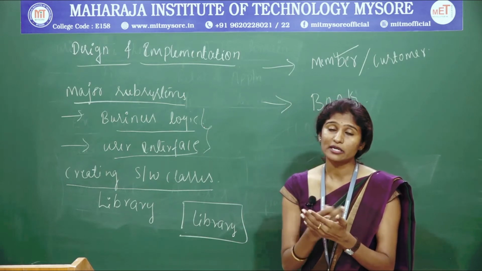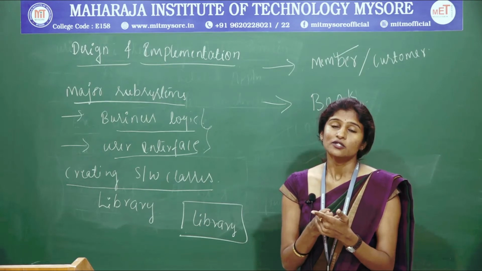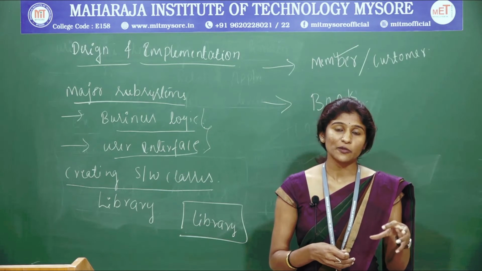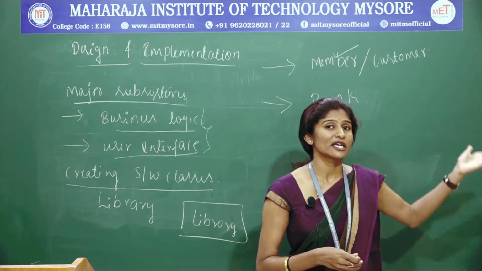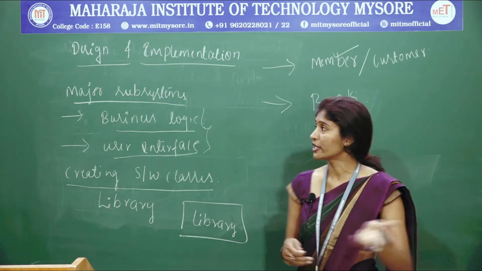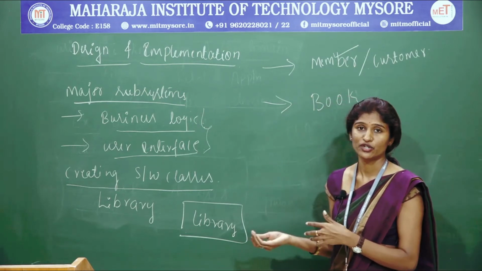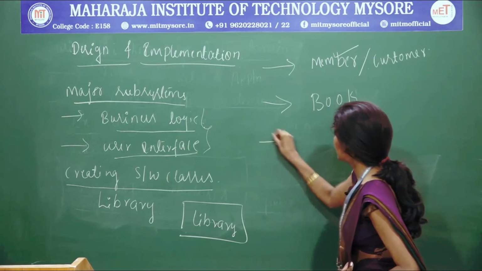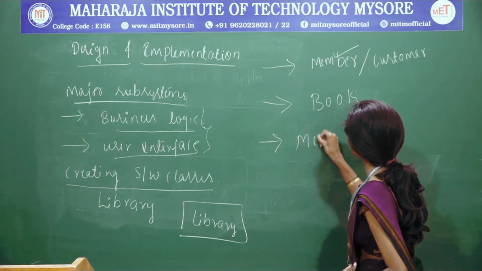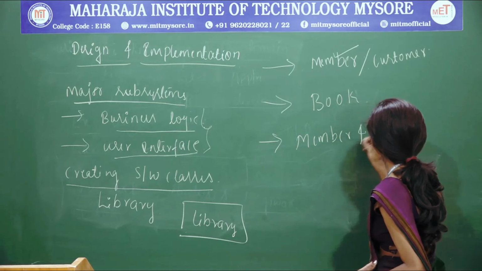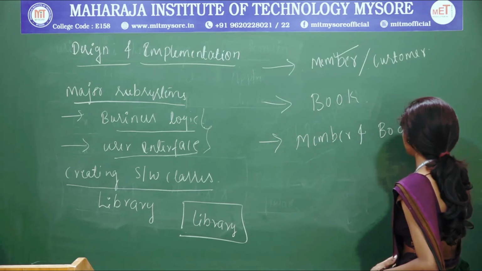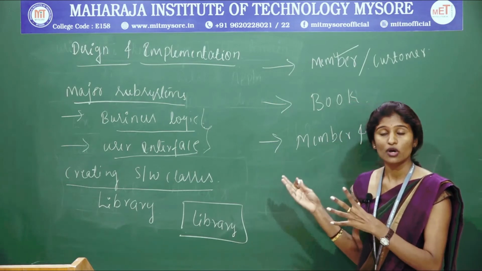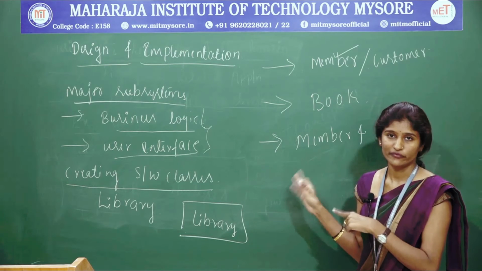While implementing the software classes, we need to consider the class diagram for reference purposes. That will help you. That's why we have written a class diagram in the previous videos. Now we are going for the software classes implementation through sequence diagrams and the coding part. In the same way, we have even written a member and book relation. We had written the class diagram for the member and the book also. For that also we need to implement the software class.